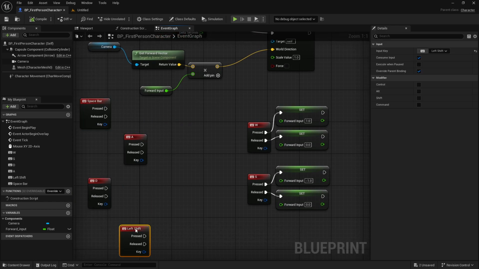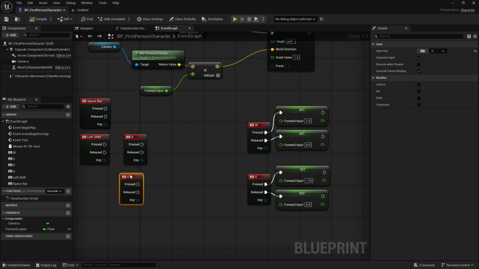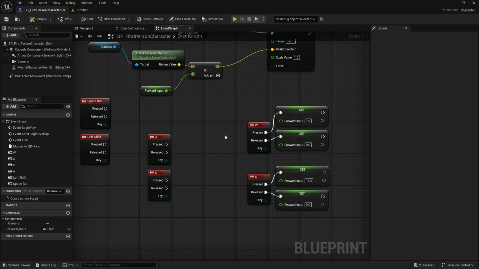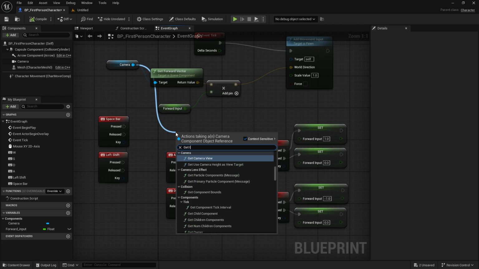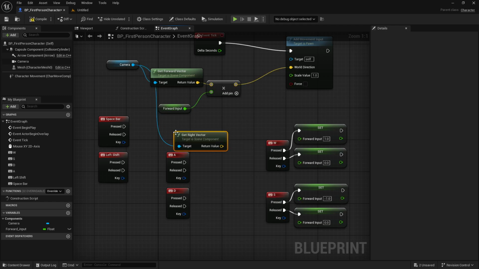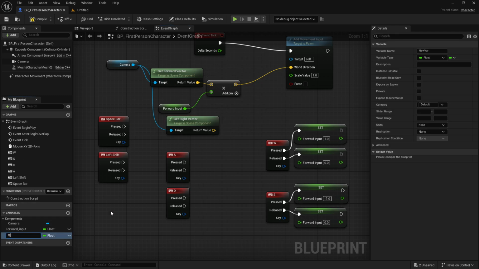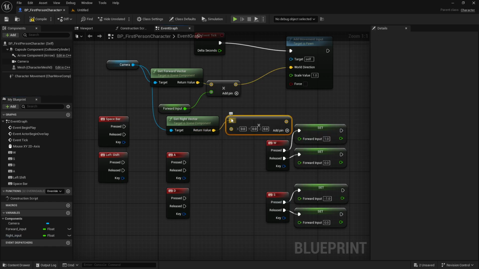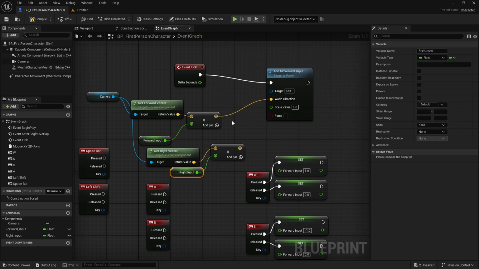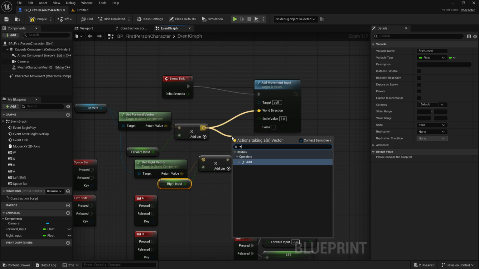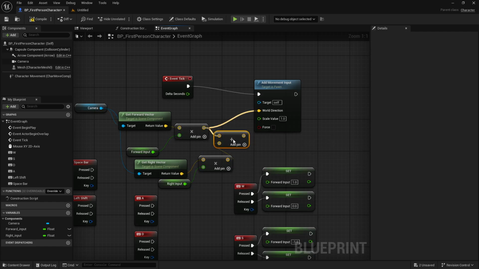So next, let's do the A and D directions. And to do that, I'm just going to get the right vector. Get right vector. And we're going to do the exact same kind of concept. I'm just going to make a variable, call it right input. We are going to multiply, change the target type to float. And let's just multiply it by this right input. Now all we need to do is take these two vectors and add them to each other and plug that